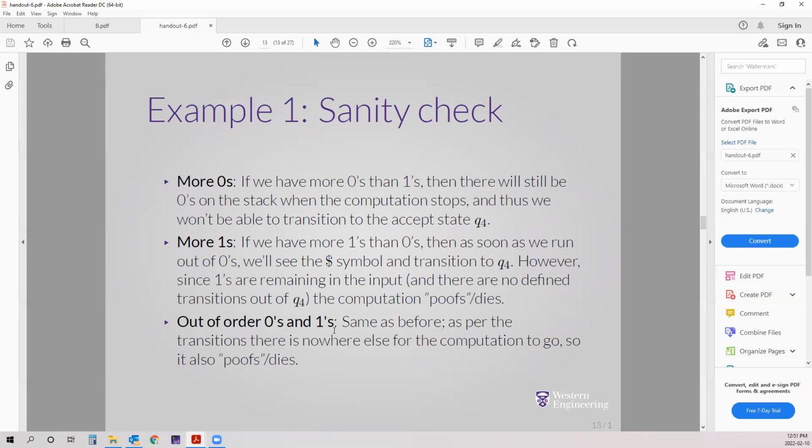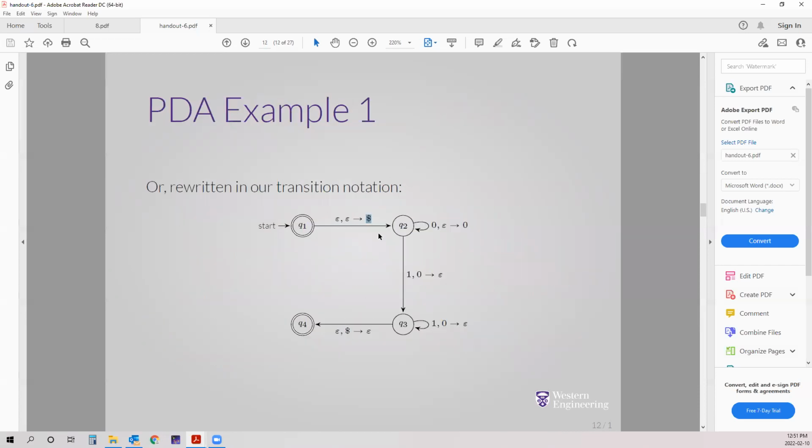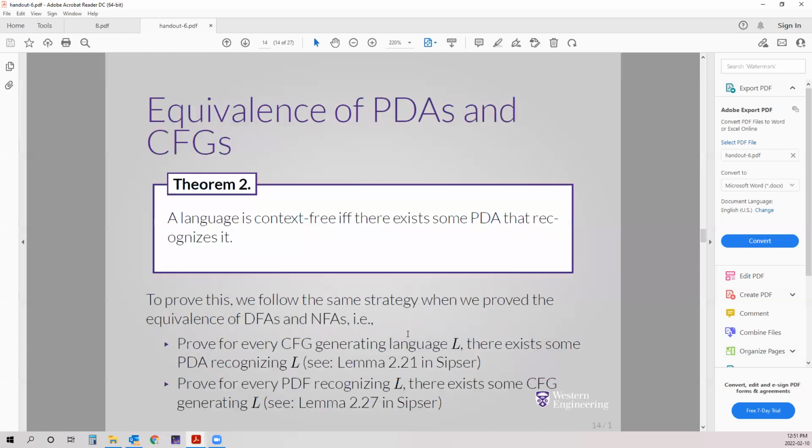Out of order zeros and ones, same as before, as per the transition, there is nowhere else for the computation to go, so it also dies. So it will go to the state, either here or here. Okay,